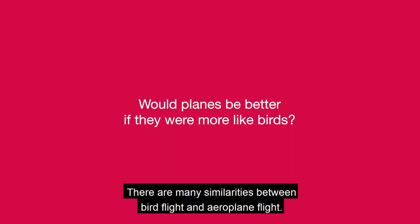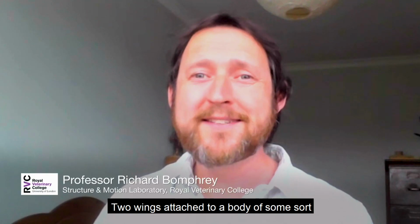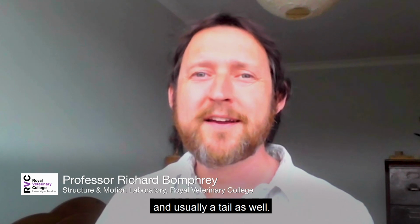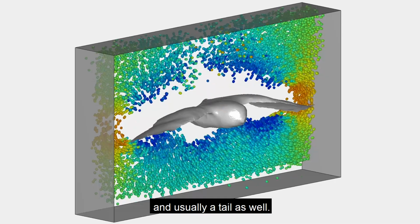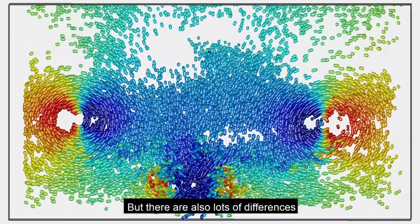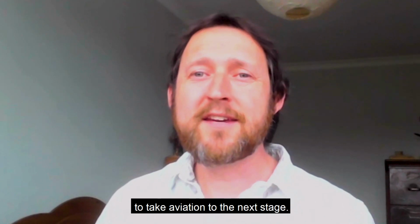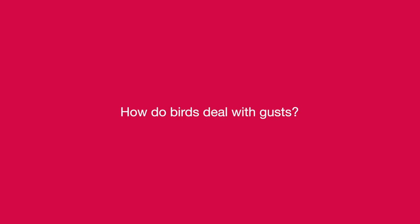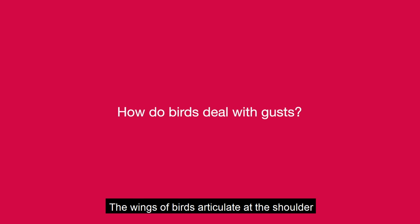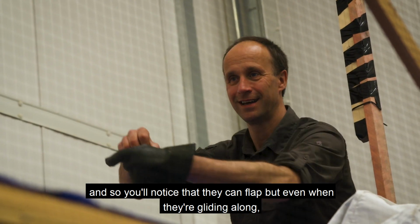There are many similarities between bird flight and aeroplane flight. Two wings attached to a body of some sort, and usually a tail as well. But there are also lots of differences, and it's the differences that we're particularly interested in to take aviation to the next stage. The wings of birds articulate at the shoulder, and so you'll notice that they can flap, but